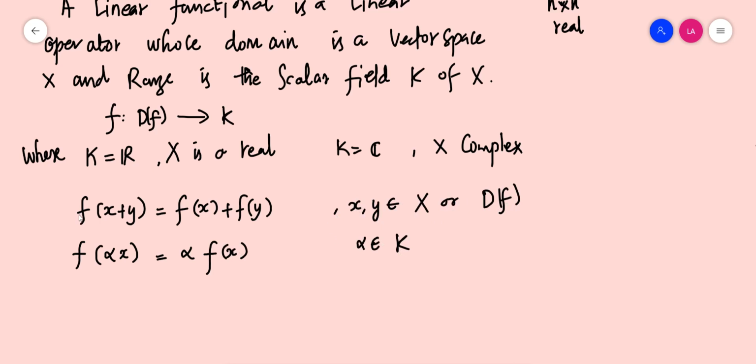Every property which we have defined on linear operators can be adjusted in terms of linear functionals as well, because a linear functional is a special class of linear operator. Whatever property we have defined on linear operators can be easily adjusted onto linear functionals,